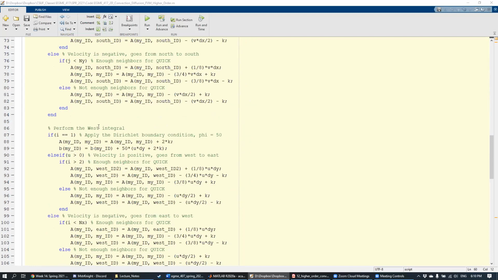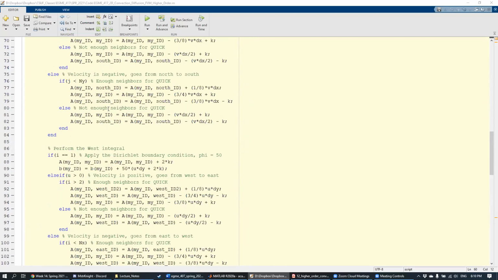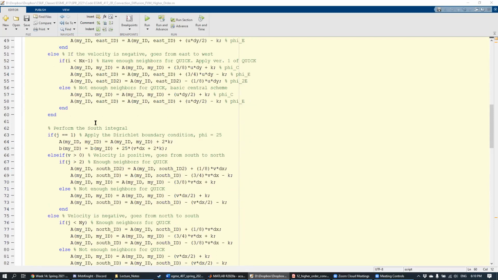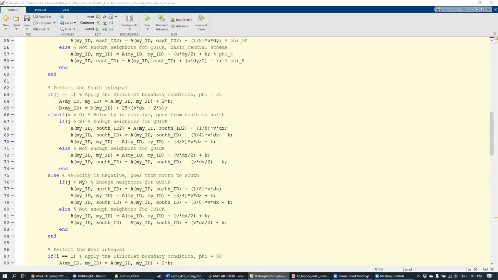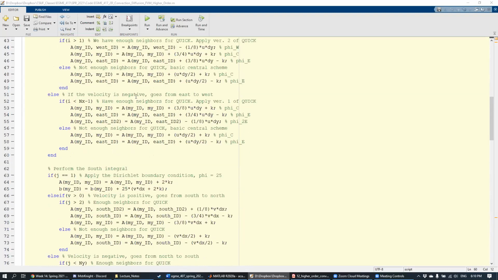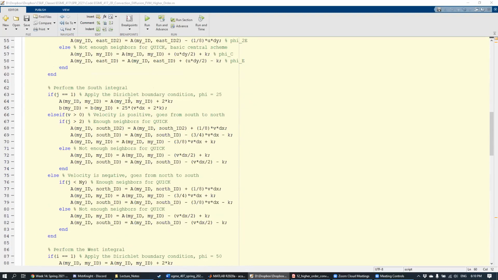Okay, so we have the South integral, the West integral, and the North integral. I'm not going to go over these in detail because they're kind of a repeat of what's set up here. But just like we did for the East integral, we're going to check to see if we're on a boundary, and if we're on a boundary, then we apply our Dirichlet boundary condition. But if we're not on a boundary, then which QUICK scheme we use depends on the direction of the